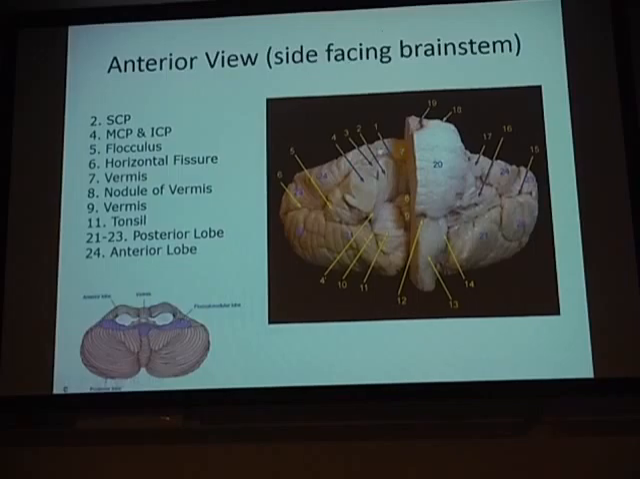The anterior lobe is relatively small. In this view, it's really only going to be this part here, about number 24 up. And the rest of this, 21, 22, 23,